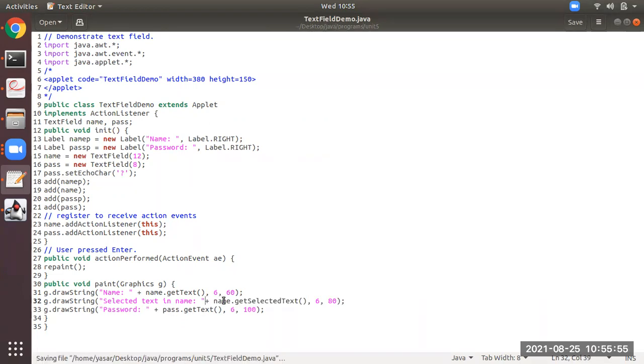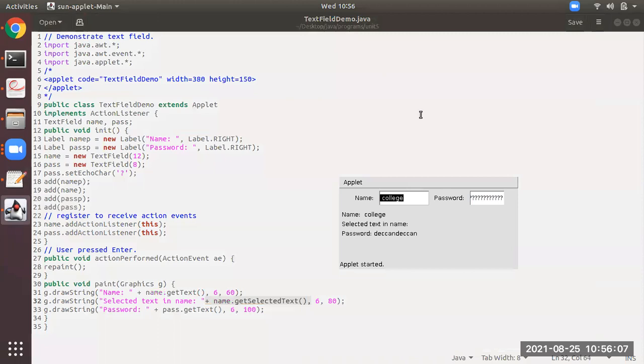See, get selected text. Just a second. See, you can select particular whatever you want, with this one. See, ENG.